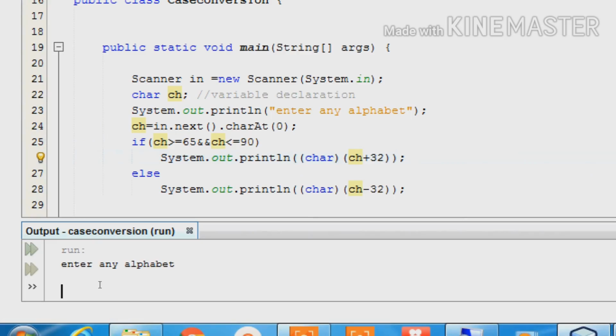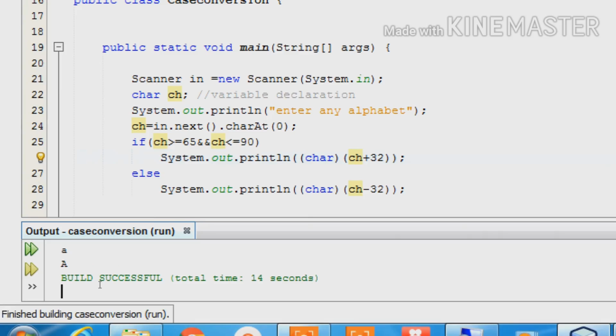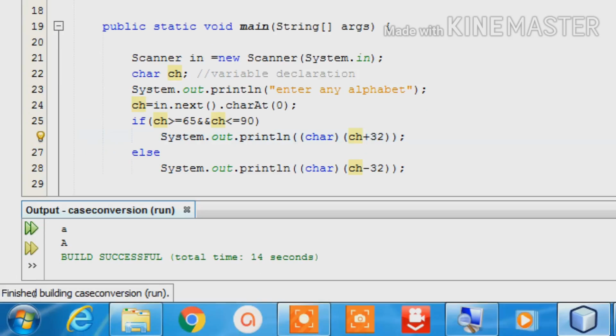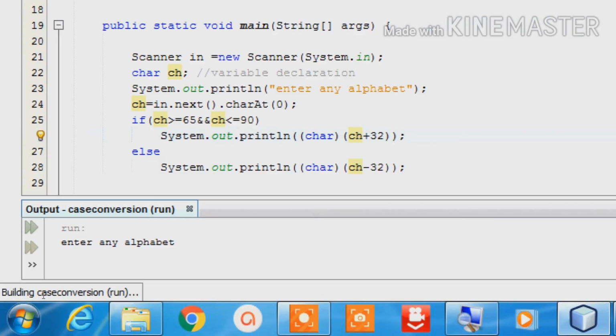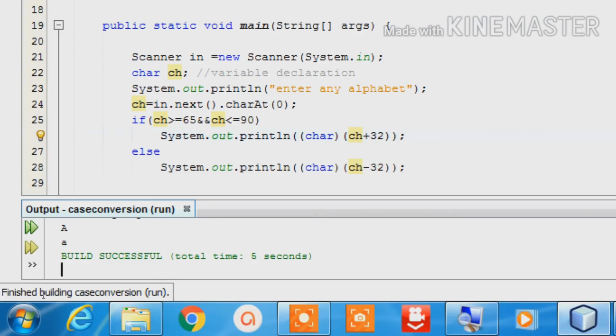Suppose you give the alphabet small a and press enter. Here it converts small a to capital A. Now again we run this program. Here, enter any alphabet. We give capital A and press enter. It converts capital A into small a.